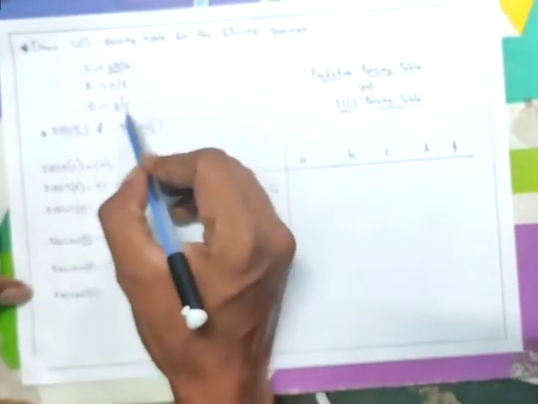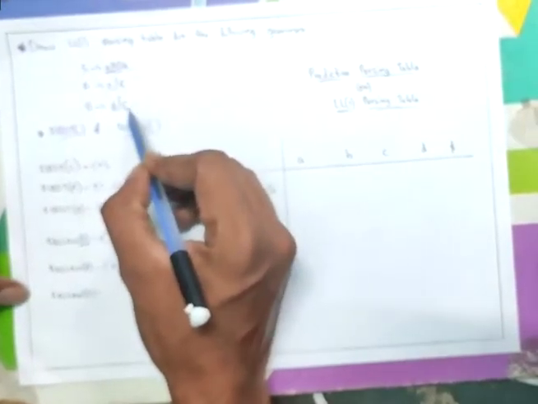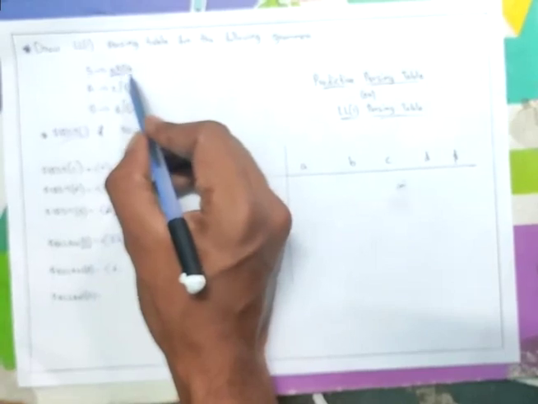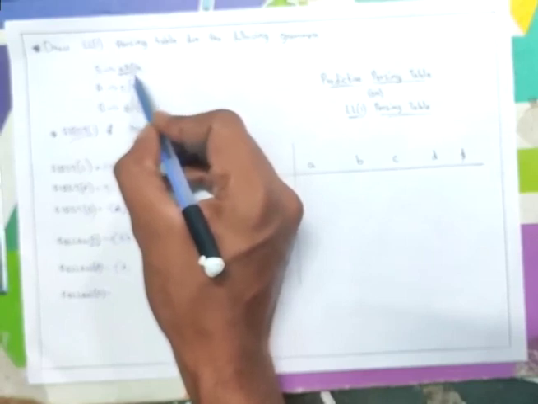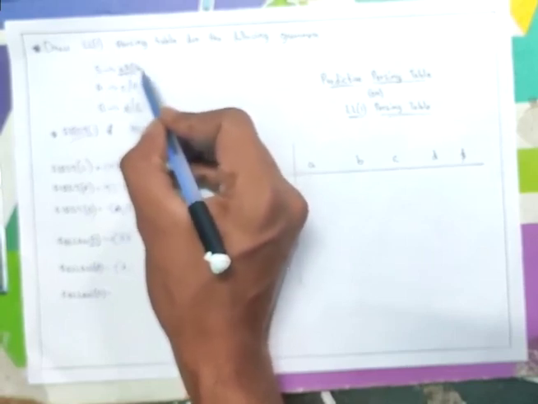So for the follow function of A, here epsilon is not considered. Epsilon is not considered. So we have to replace this epsilon by some null values. So here B is replaced with null value. So we have to consider the next element, which is small b. So our next element in this follow of A is small b.